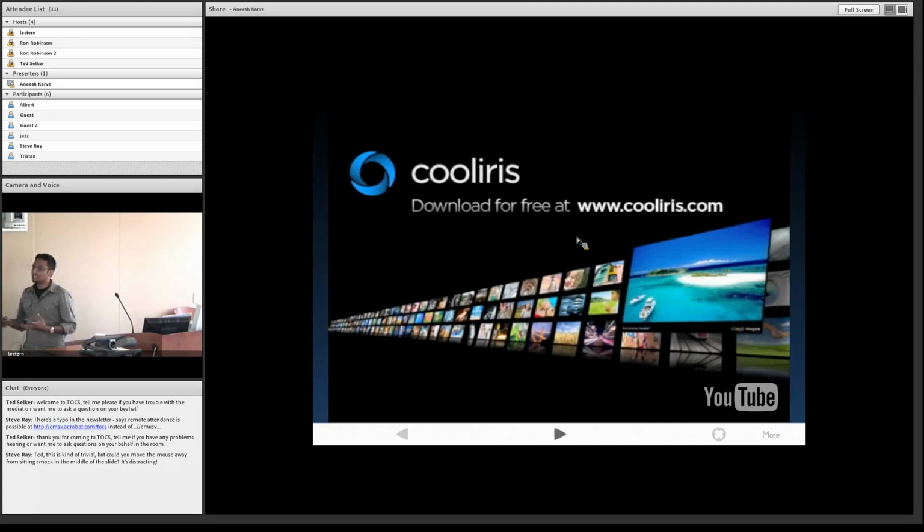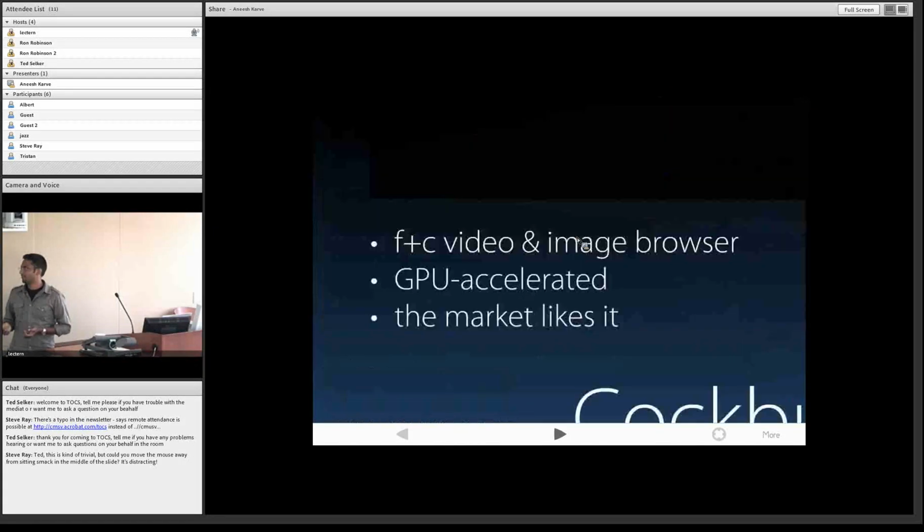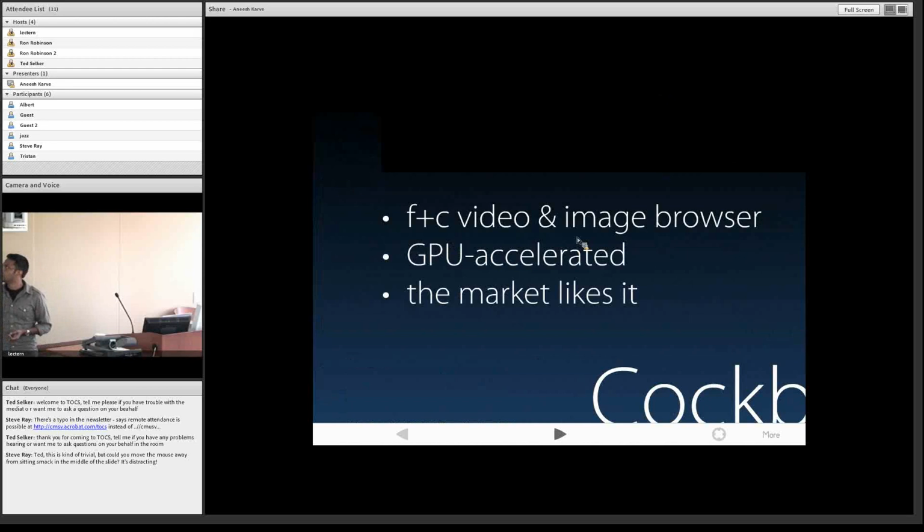So now you have an idea of what it looks like to productize focus plus context thinking around focus plus context browsing. Of course, everything you saw there was hardware accelerated. A big part of our engineering effort was to make it really fast and responsive to fly through that result set. And in the marketplace, we've gotten a lot of credit for this. We have about 50 million downloads. It's available for a variety of web browsers, Firefox, Chrome. And currently, we serve through what we call the Cool Iris wall and related products about 550 impressions a second. So we've done something right.